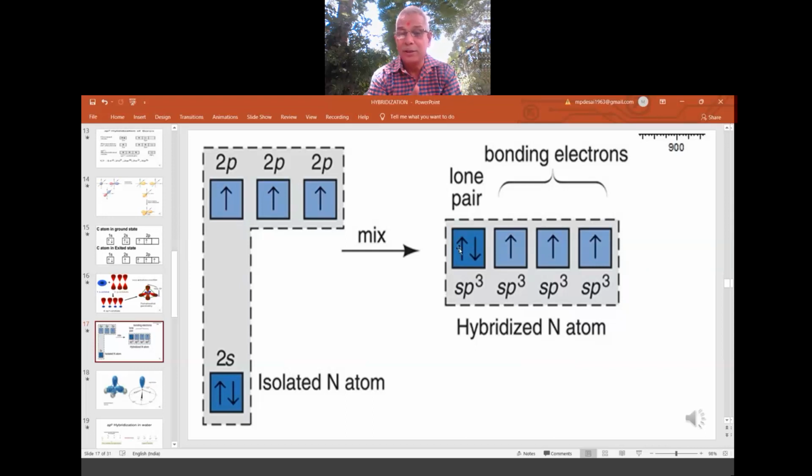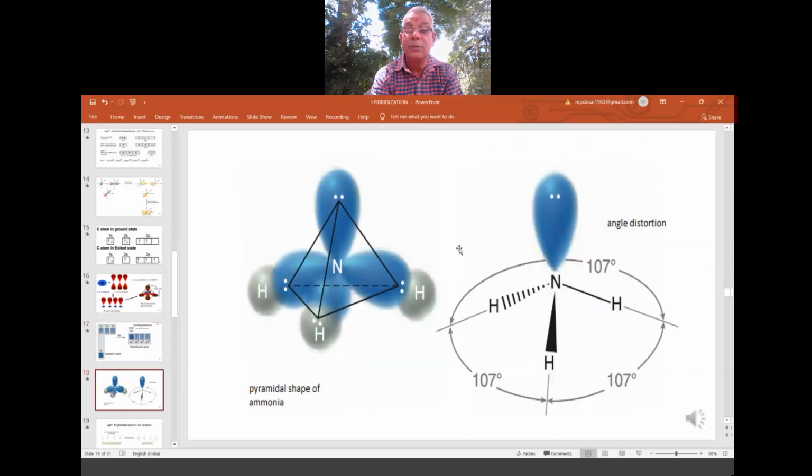This is also hybrid only, but this is a hybrid atomic orbital with a lone pair. That pair is supportive. Okay, so now what is the shape here? Shape is this one. So I told you, one lone pair is there, that will be supportive, and you can see this lone pair here. So 3 NH bond, these are sp3 hybrid orbitals of nitrogen. One more sp3 is in the form of lone pair. Okay, so 107 angle is maintained.